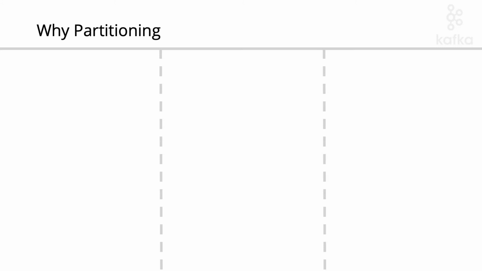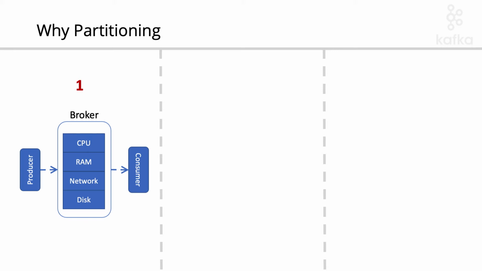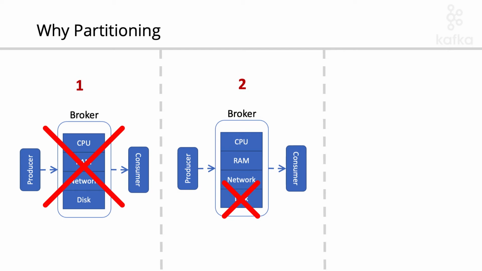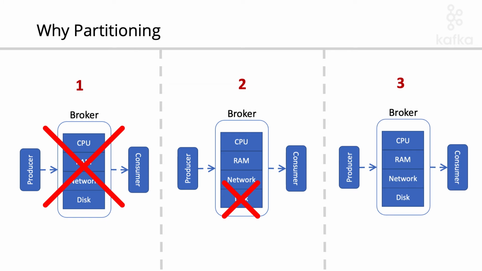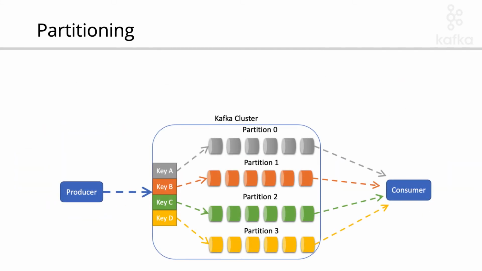It's not assumed that one only broker can completely handle a topic. That's for three main reasons. Number one, if the broker fails, that topic will be gone. Number two, there may be too much data in the topic and it may fill the disk. And number three, there may be too many producers or consumers and one machine cannot handle the I/O because the clients may overload the server. So the solution adopted by Kafka to solve these problems is partitioning. Apache Kafka uses partitions to increase throughput and spread the load of messages to all brokers composing the cluster.